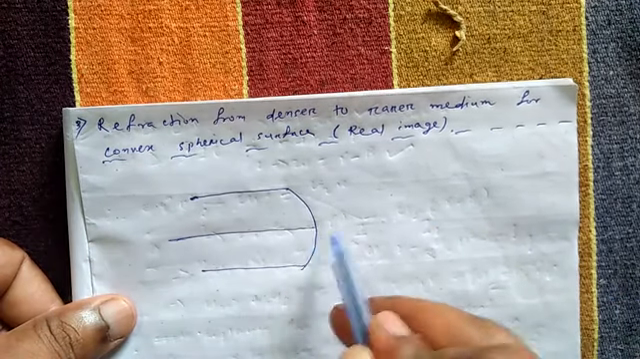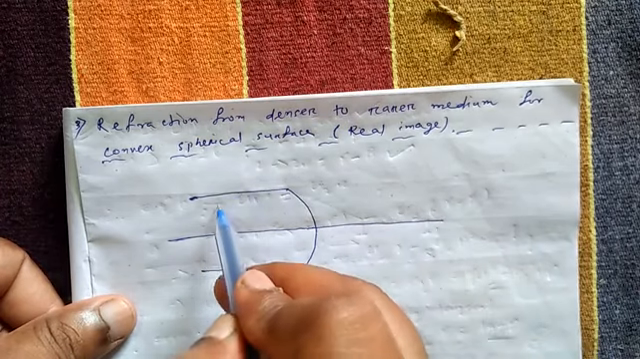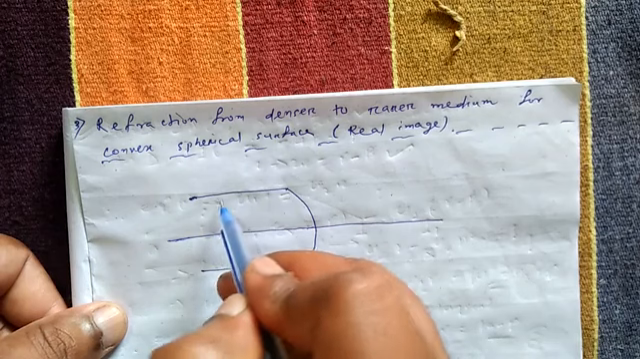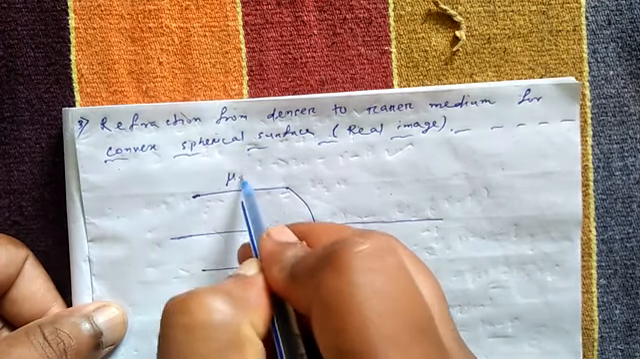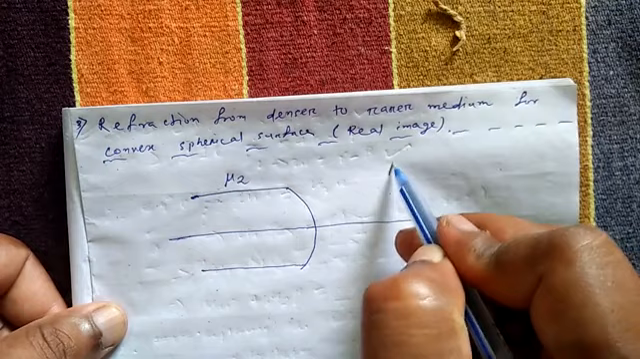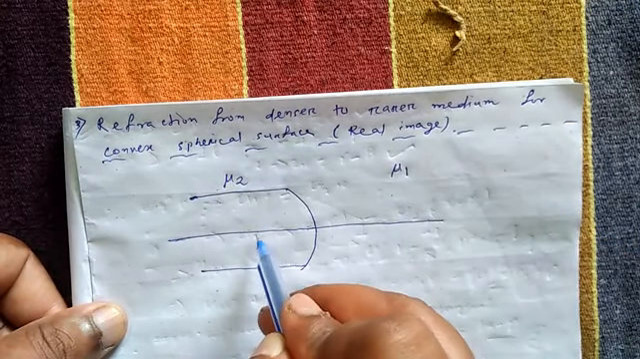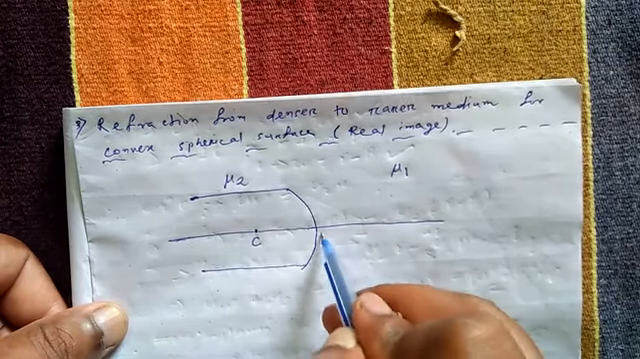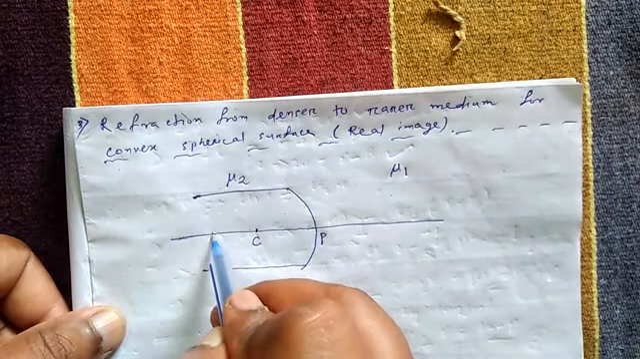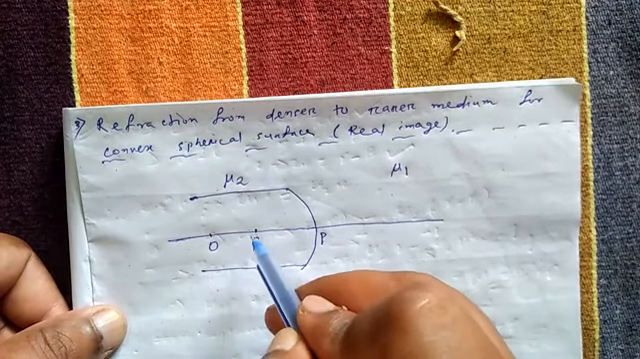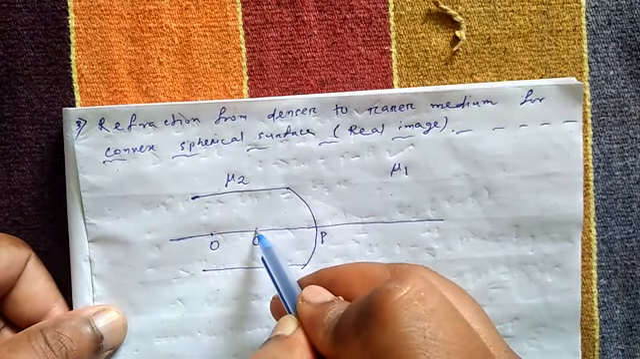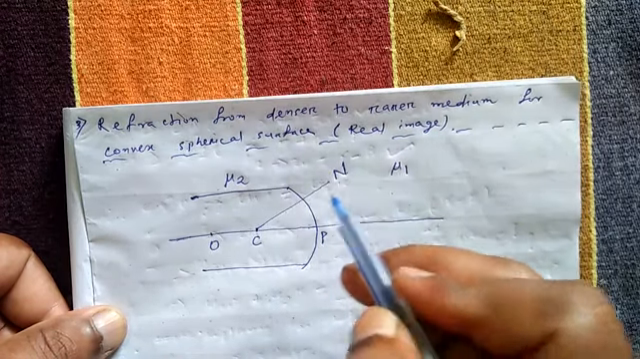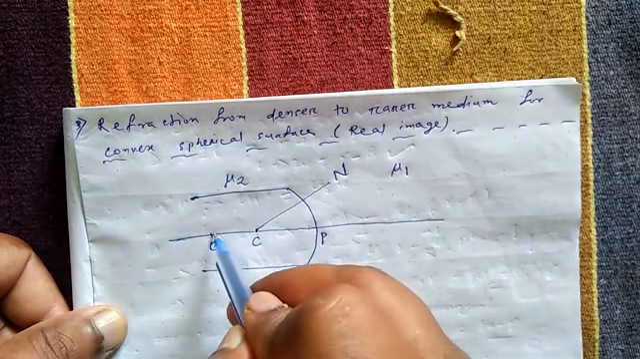This is the principal axis. This is the convex spherical surface and it has refractive index mu2, and the rarer medium has refractive index mu1. Center of curvature C and pole P. Take a point object O on the principal axis. C and normal. Take a ray,